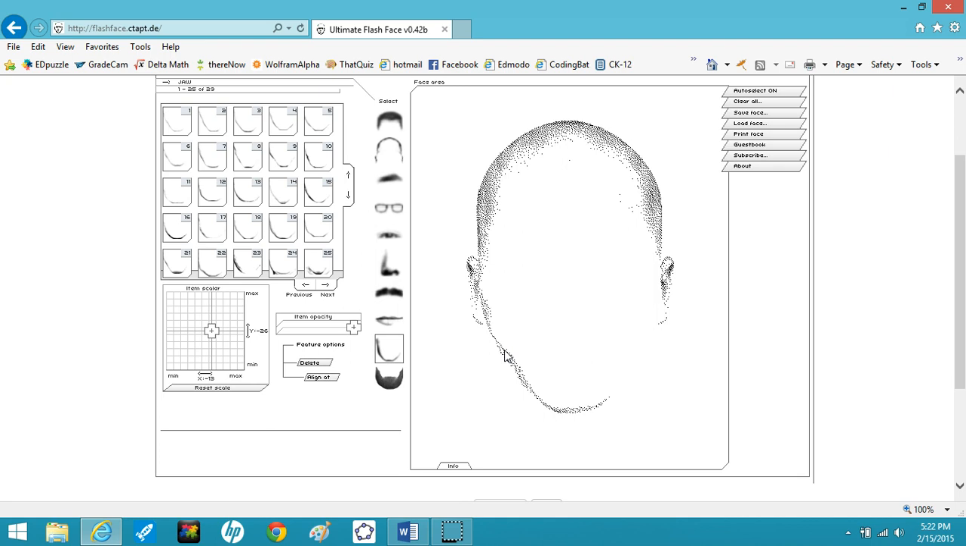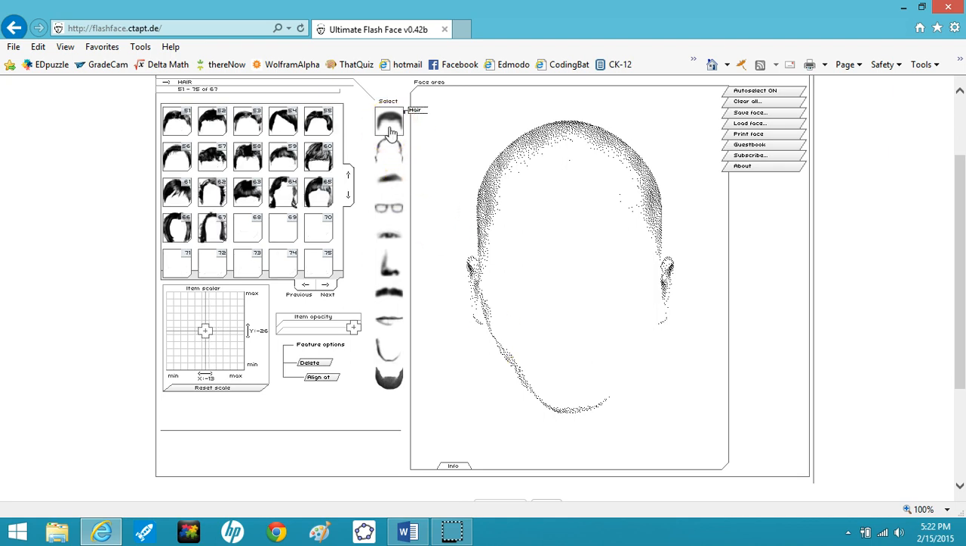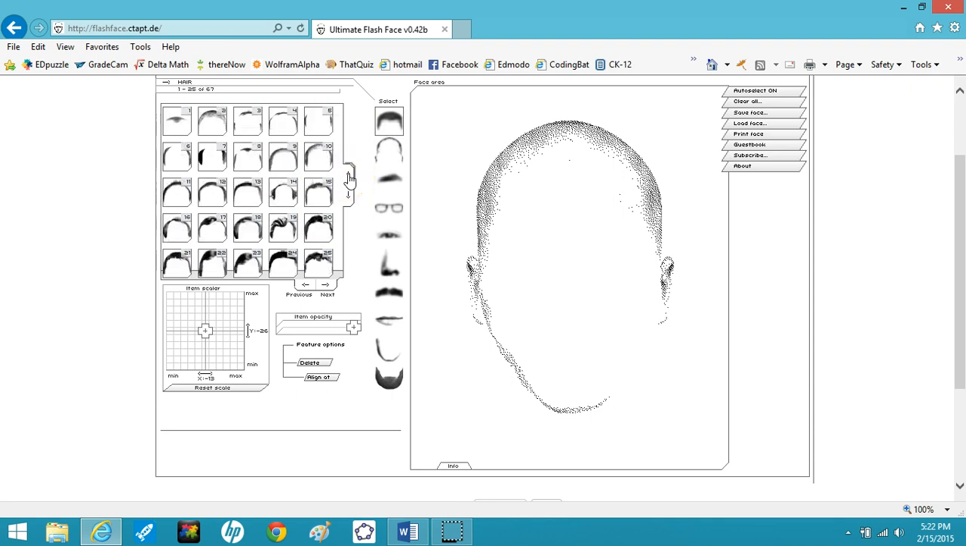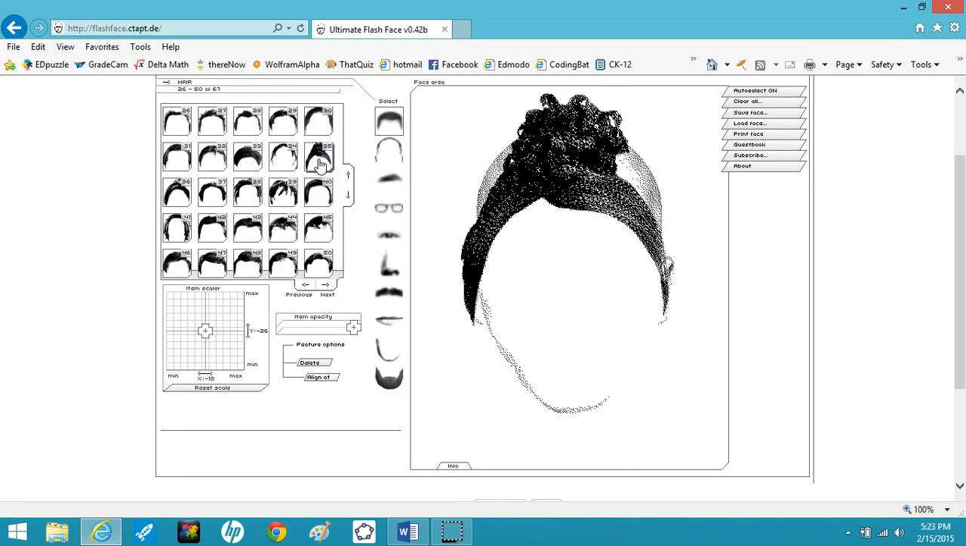So you need a general head shape. You also need some hair. My suggestion is not to go too wild on the hair. You'll find that there's hair that looks more like men's hair. There's also hair that looks more like a woman's hair. It doesn't matter what you pick, although I would suggest you not go with something that's really wild and outrageous,